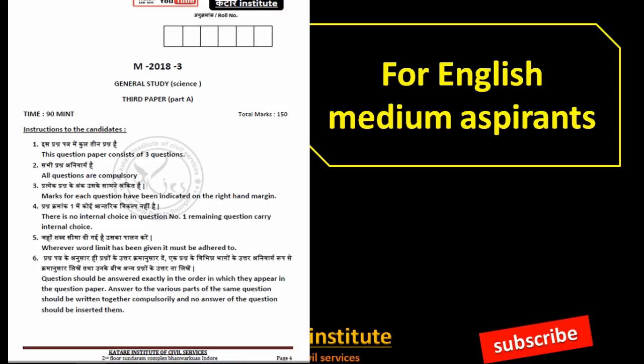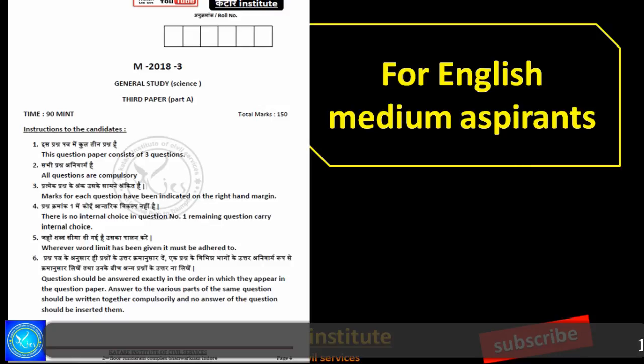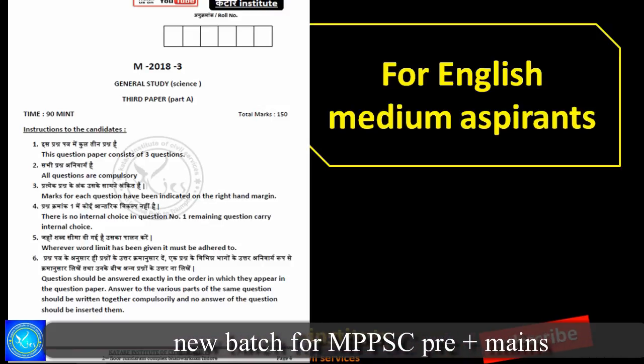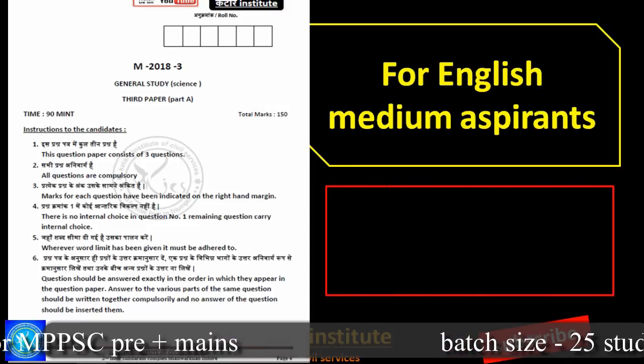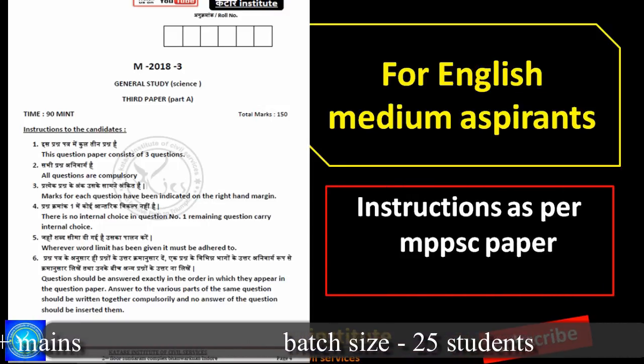In the last lecture, Mukesh Katare sir discussed the Hindi medium polity question paper, which was about fundamental rights and their features. With that, many of the English medium students were demanding its discussion in English. So here we are showing how to write a question which will be about 300 words and will carry 15 marks.